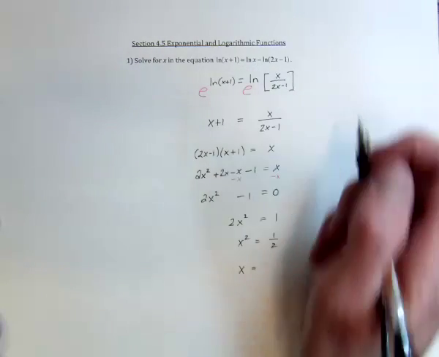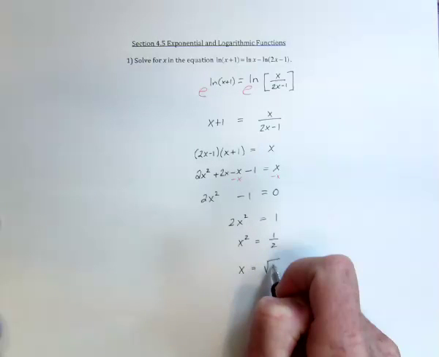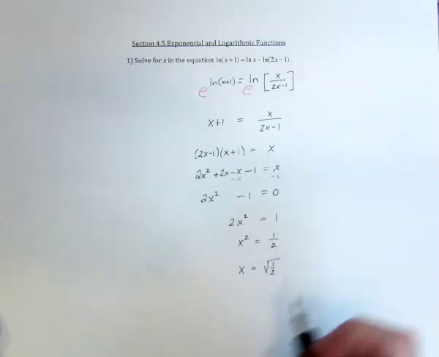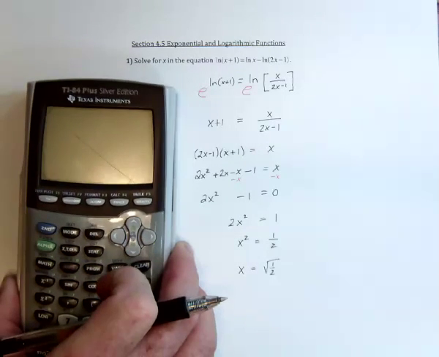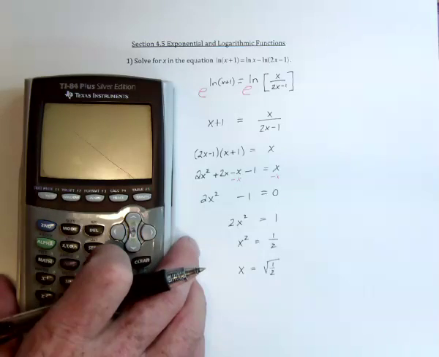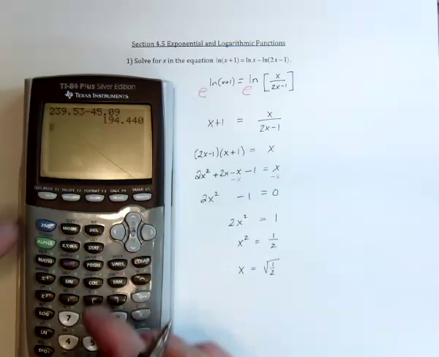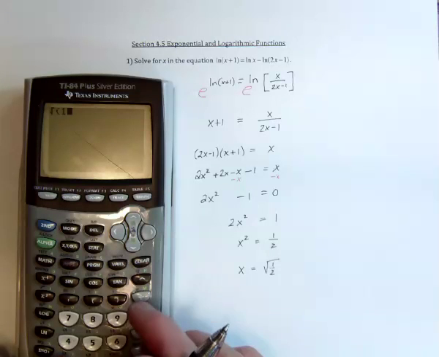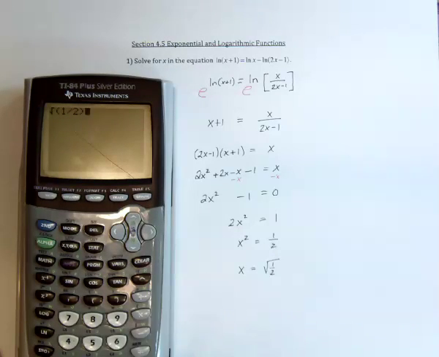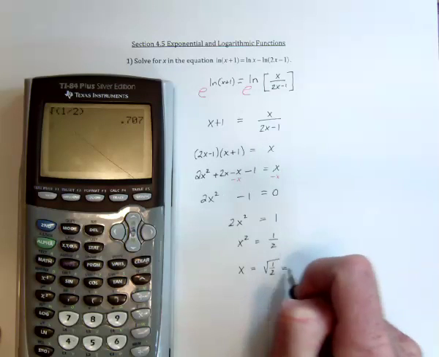So the x needs to be positive. So the square root of 1/2. And then I can take the square root of 1/2 and get the decimal answer